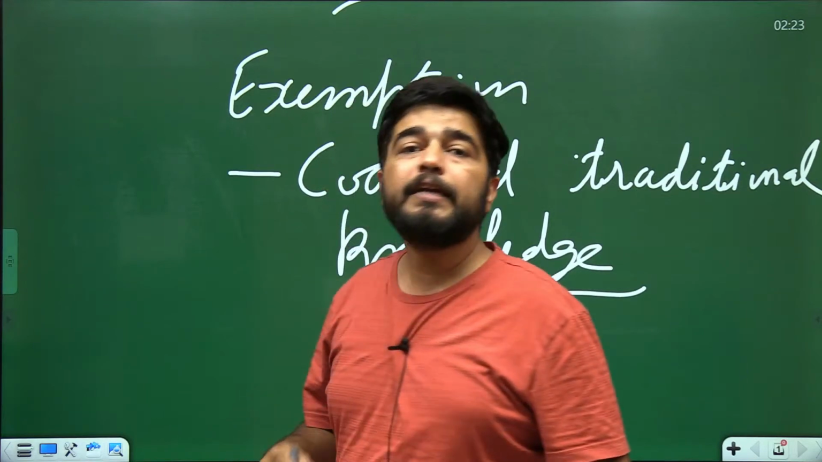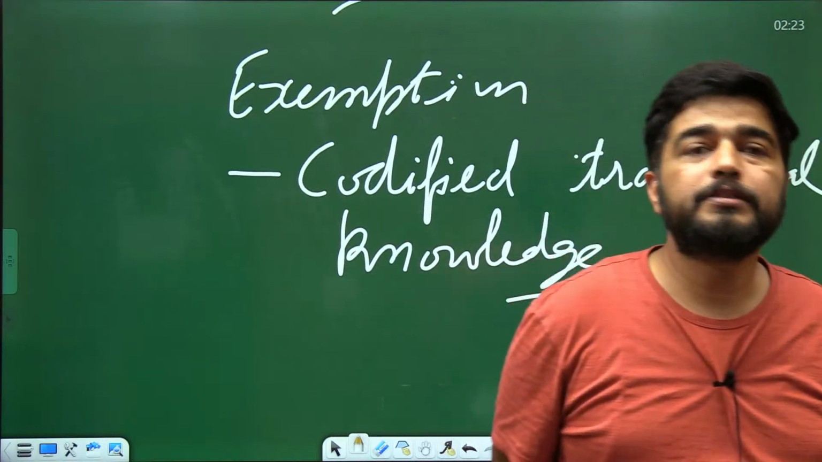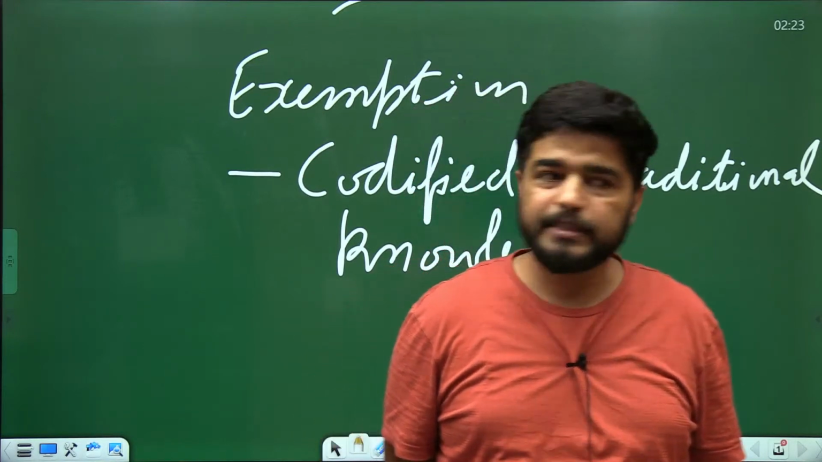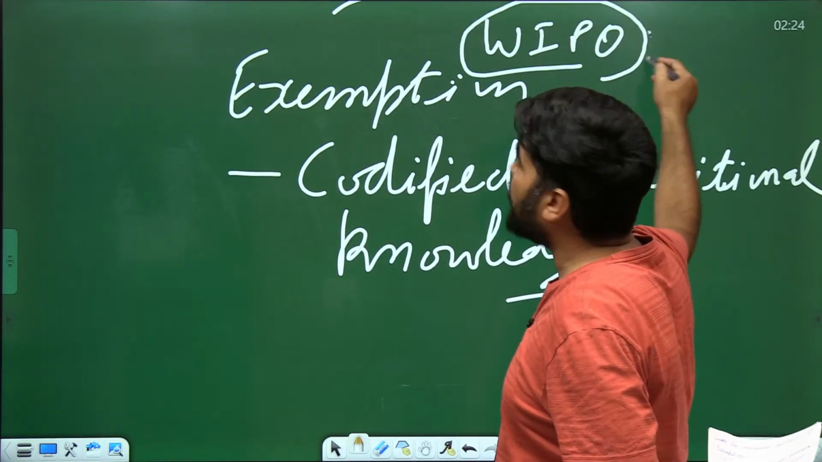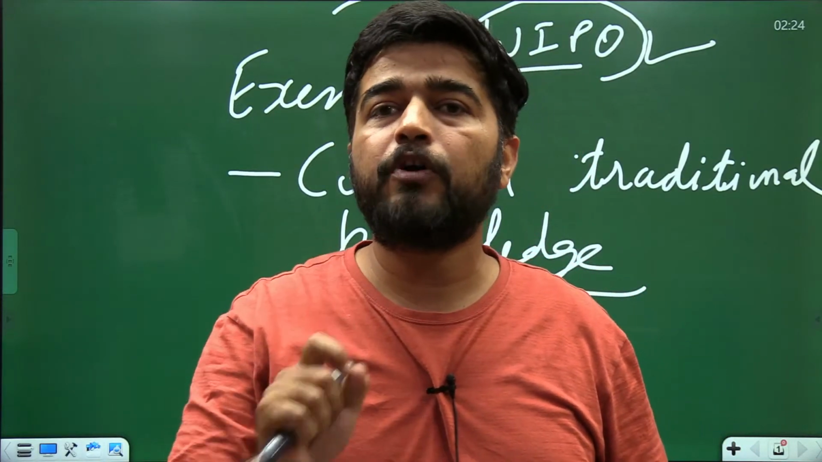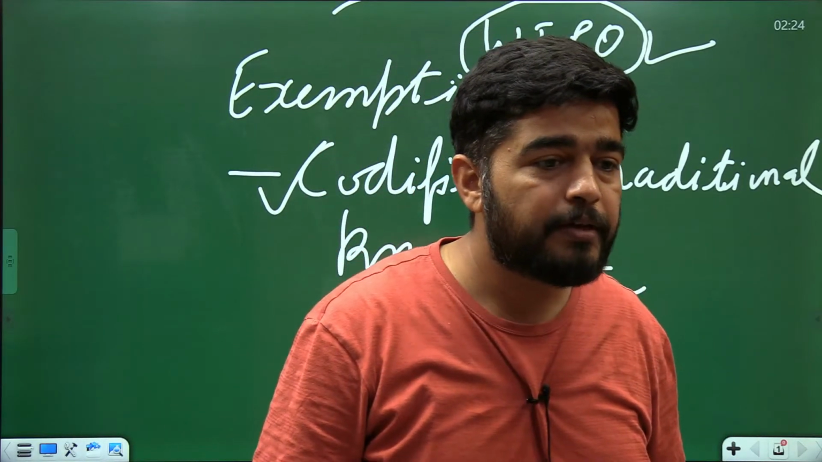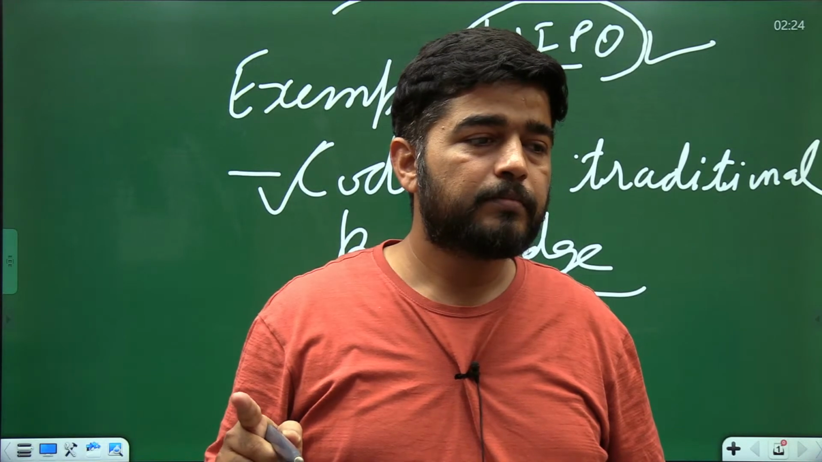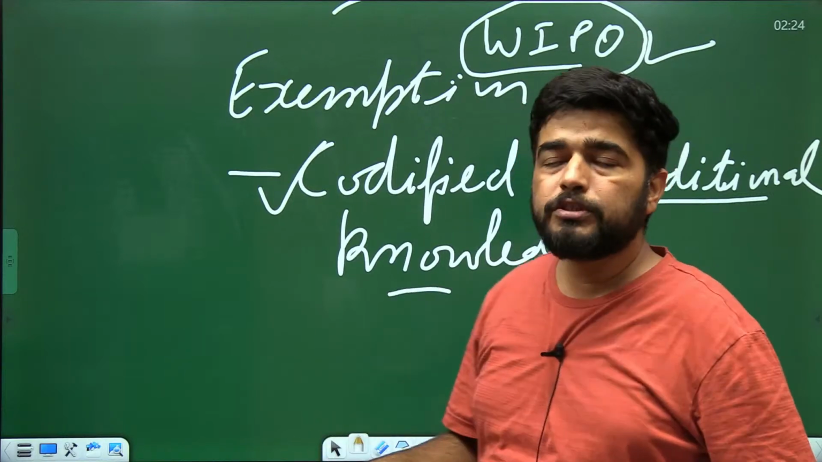Issue ये है कि ये interpretation के लिए छोड़ दी. Codified traditional knowledge is not defined anywhere in the CBD, Convention on Biological Diversity, or in this act. In WIPO, World Intellectual Property Organization, वहां define है. Any knowledge which is in written and structured form is known as codified knowledge. कोई भी चीज जो लिखी और स्ट्रक्चर्ड फॉर्म में है, वो क्या कहलाएगी आपका कोडिफाइड ट्रेडिशनल नॉलेज।